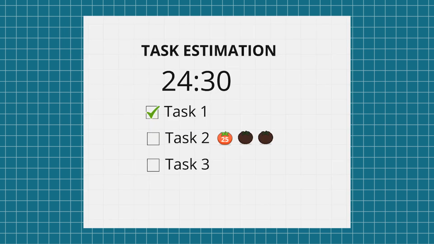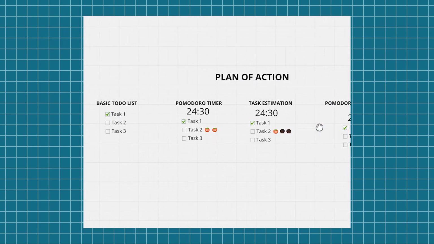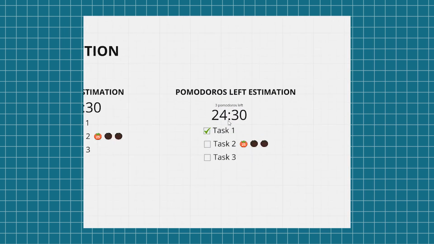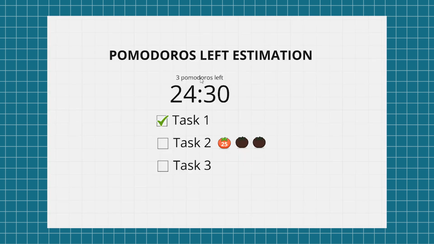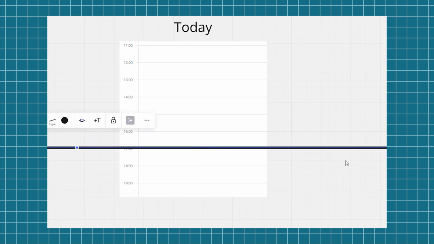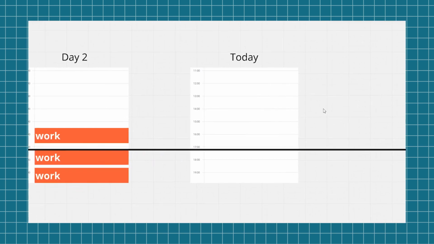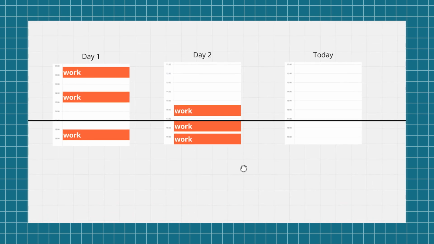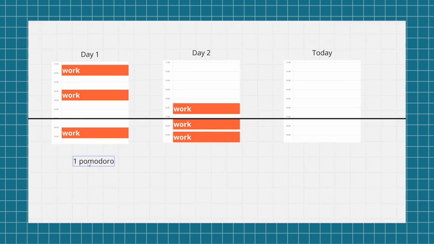Task estimation is complete. Now let's have estimations for how many Pomodoros we have for the day. How can we make the estimations as accurate as possible? Let's say it's 5 p.m. and we've done no work. The plan is to look at the previous days. On day 1 after 5 p.m., 1 Pomodoro was completed, and on the next day 2 were completed. So for an estimate we could take the average.